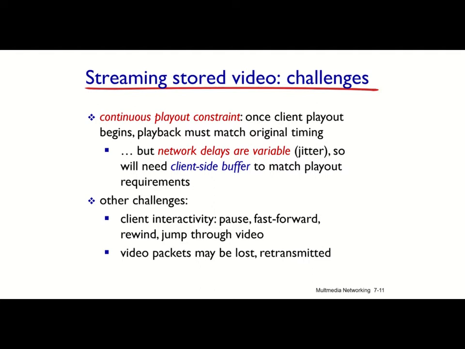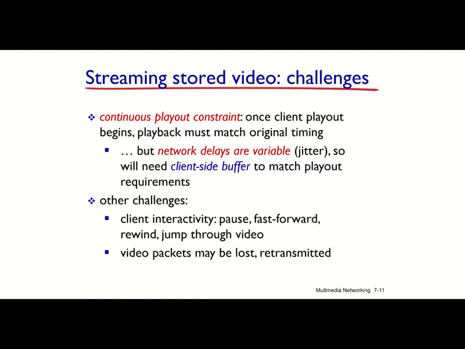These are all the challenges that make streaming very hard, because if someone wants to jump to the middle of the video, you have to wait a long time before all the video is sent from the beginning up to the point that you want to jump to, or you may need to use some more complicated protocols for streaming